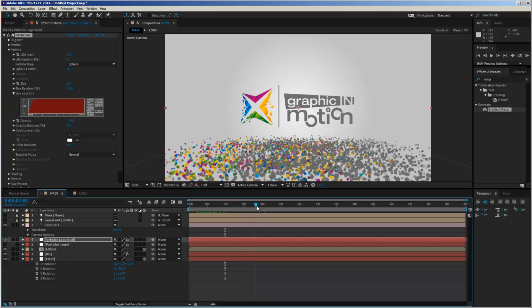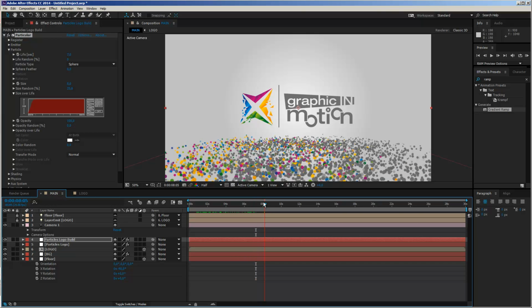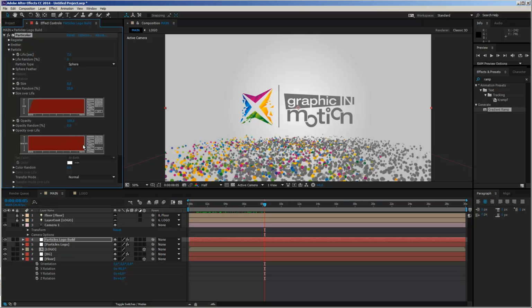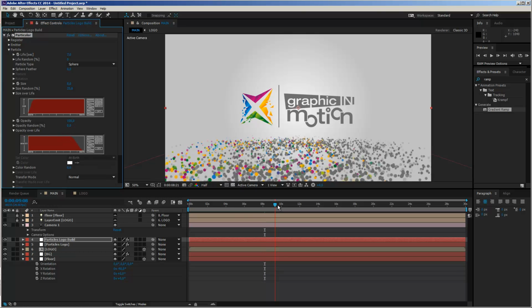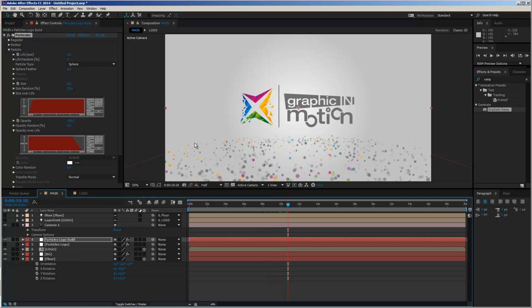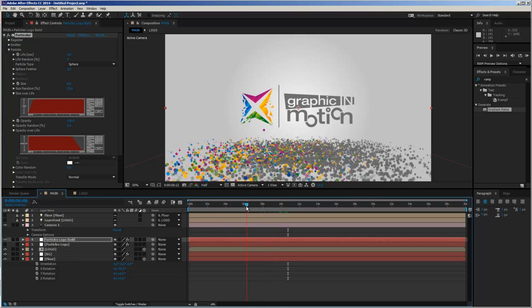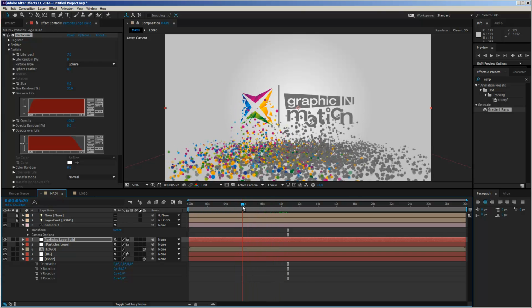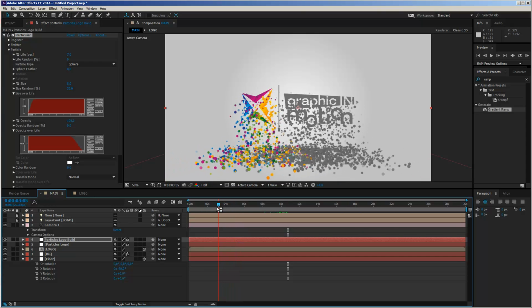But what I want is that in the end, they fade out smoothly. So I do not want them to just disappear. I just want them to maybe get opaque here. So let's go to the opacity over life, and let's take this preset, and now let's just draw a new beginning here so that they are fully opaque, and then they just fade off before they die. And now you see this creates a little bit of a nice transition here. And this is exactly what we want. So particles come together, rise up, and form our logo.